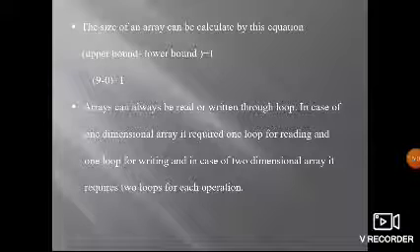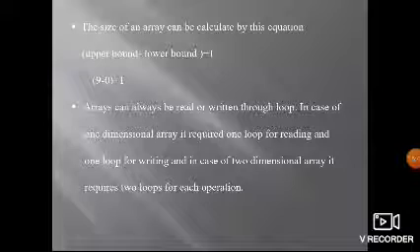Next, how will operations be performed? If you want to use an array, we have to use a loop, compulsorily a for loop. Based on dimensions, there are three types of arrays: single dimensional, two dimensional and three dimensional. For a single dimensional array we use only a single loop. For two dimensions, two loops have to be used, so a nested for loop is compulsory.